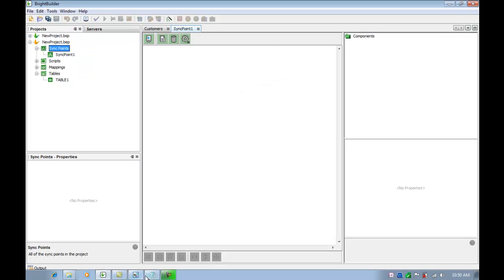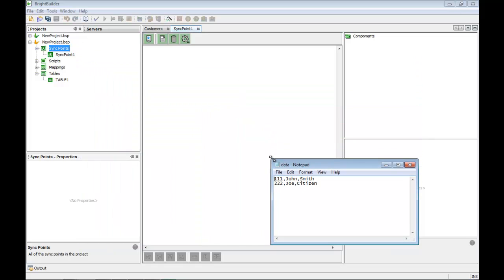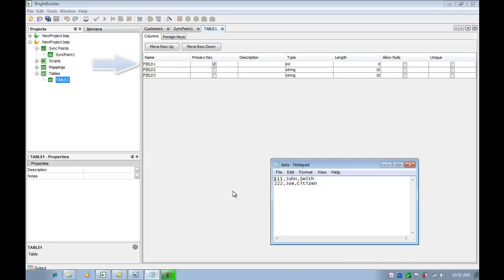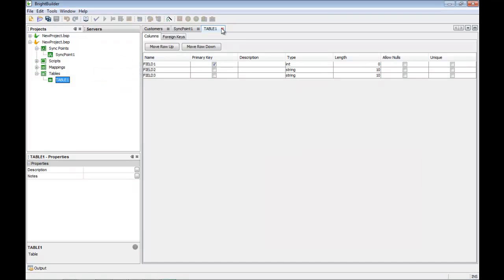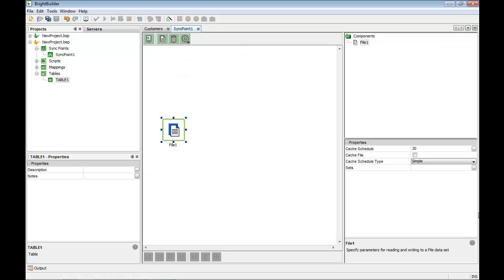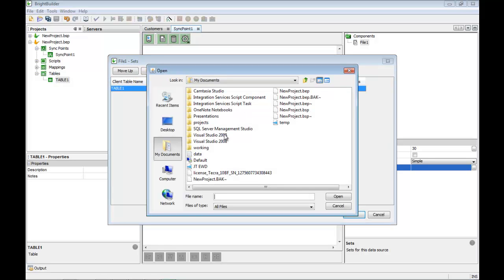Now what I actually have is a text file that I'm going to read from. I have my ID field, the first name and the second name for the customers, simple as that. So I'm just going to take a file and add the set, define the file, my data.txt file,